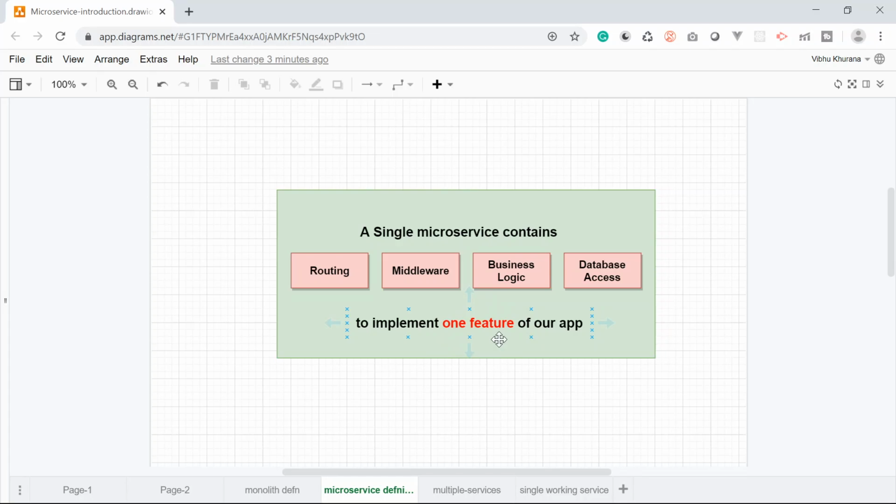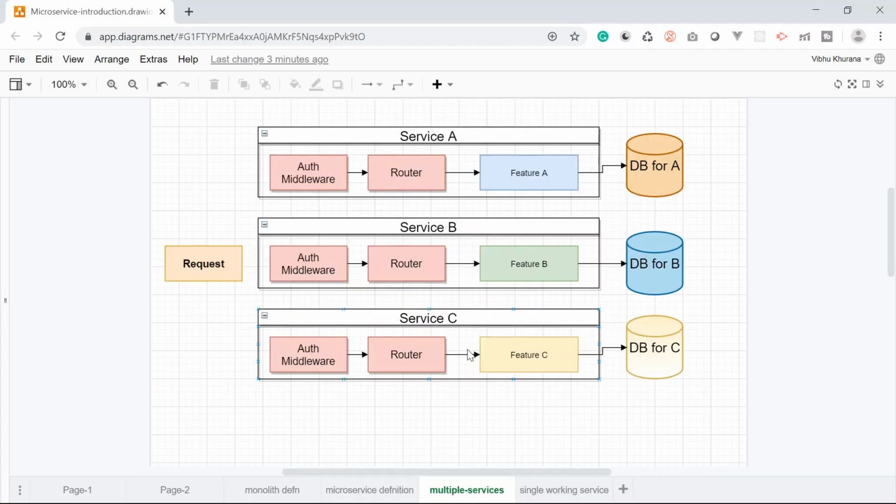Let's take a look at this in a more visual format. Alright, I know this diagram is a bit crazy, but it's very similar to the one we looked at just a moment ago. So, with this microservice architecture, we have now split off these different features into self-contained services.